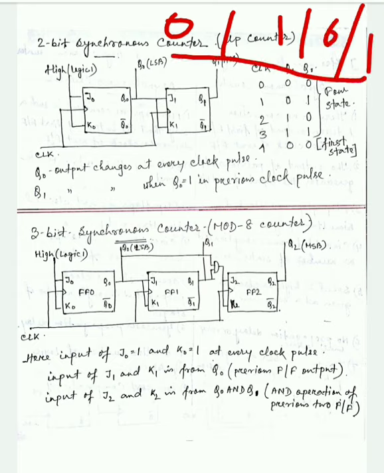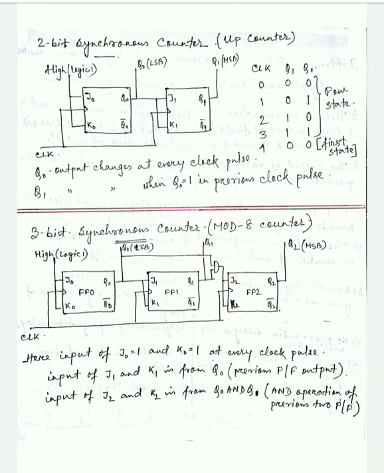As this is the toggle condition, in order to get it we have to give the input value 1 1 in the input of the first flip-flop. That's why we give its input high for the first flip-flop. Okay, always its input is high for each clock pulse. Now the input of the second flip-flop is given from the output of this. As it is given from the output of this, we also give the same value for J and K, that means J1 and K1 are either 0 0 or 1 1.